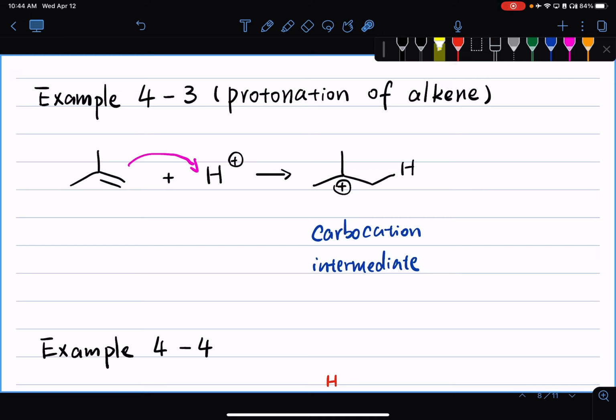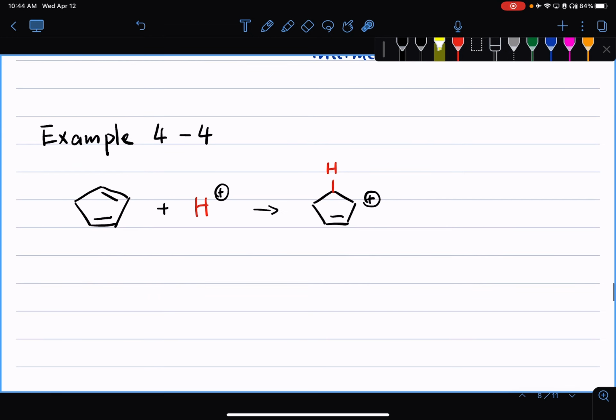You could also have examples where we're merging these two concepts, and I can ask you to draw the resonance structure of your product by doing additional arrow pushing. So in my example 4-4, we have the double bond acting as a nucleophile, attacking the proton to form a new chemical bond. So it's either here,